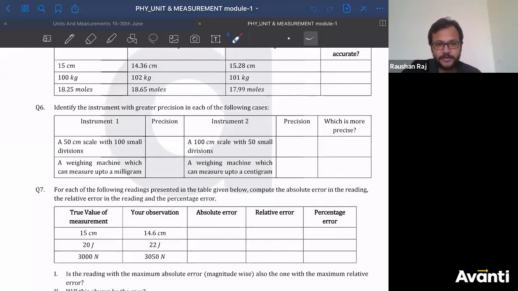And the most common problem these students will face is, sir, I don't know how to start. You will ask your teacher after 1 month, after 2 months, when the actual physics is there, when 2 or 3 chapters have been taught to you. You will ask the teacher for help: sir, I don't know how to start. If you ask me, I'll give the simple answer: because you have not started well, you don't know how to start. During the start of the physics classes, you didn't start solving numericals, so you don't know how to start. So I can see only one of you has attempted the module.